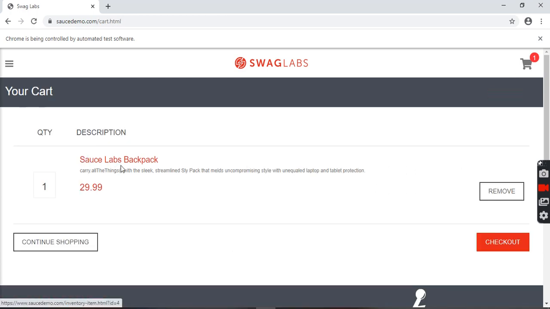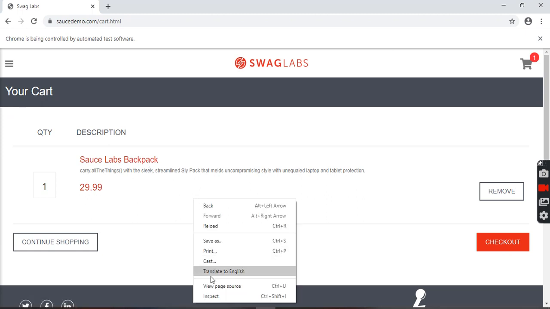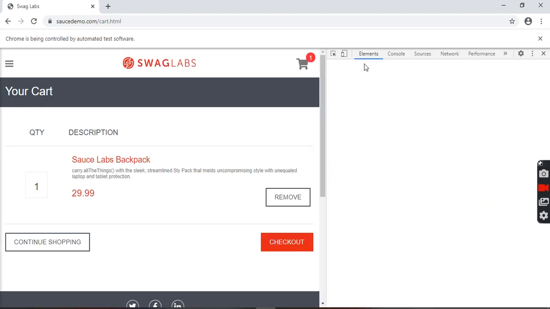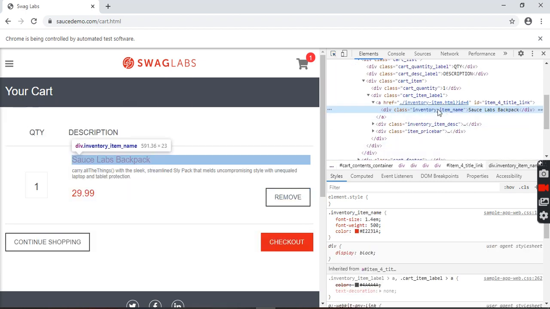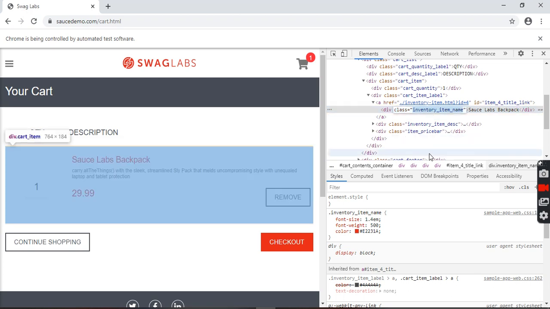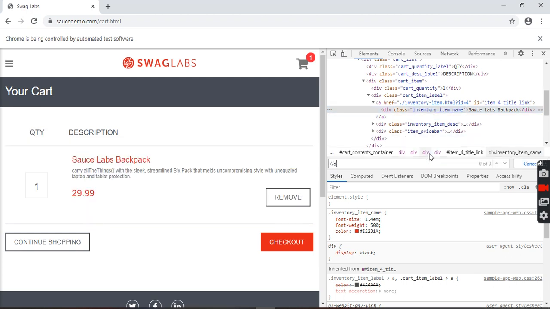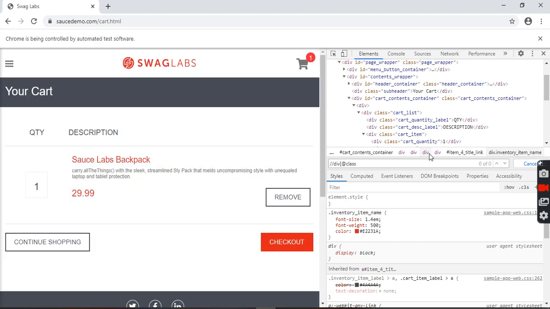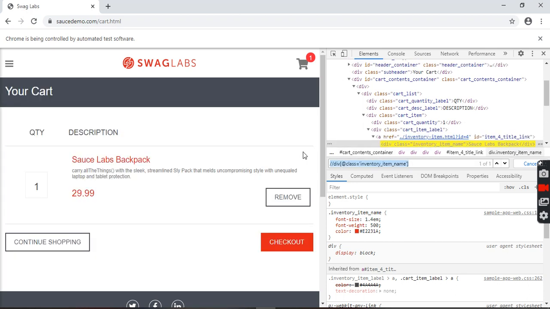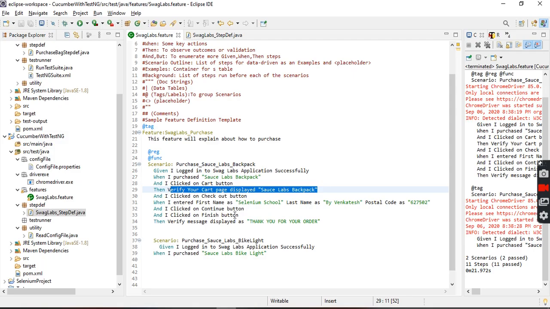Your cart page displayed SAS Lab bag. Is it displayed or not? How can we verify it? Again, click it here and get this.